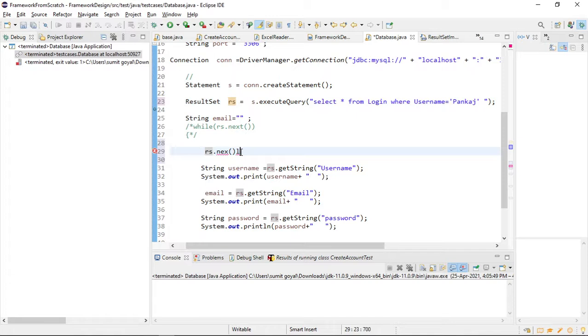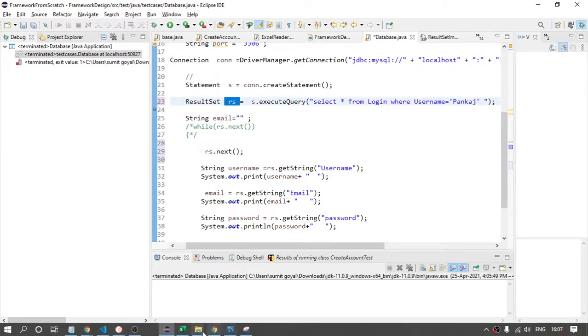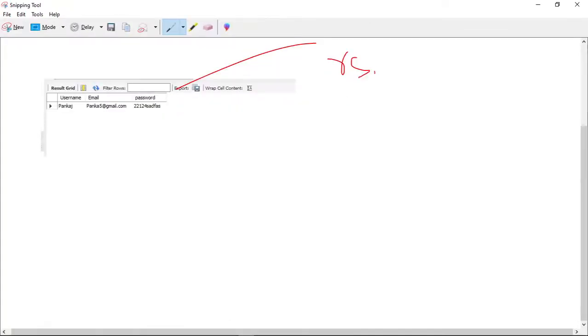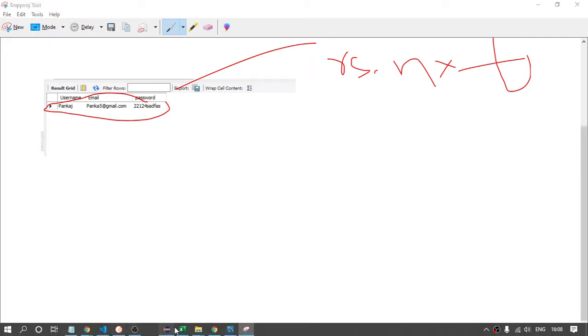But if you note, if you say rs dot next, now this rs will point to the particular data which we have fetched. If you say rs dot next, now this will start pointing to this data, and it will also return it. Right? So the same thing I am doing here.